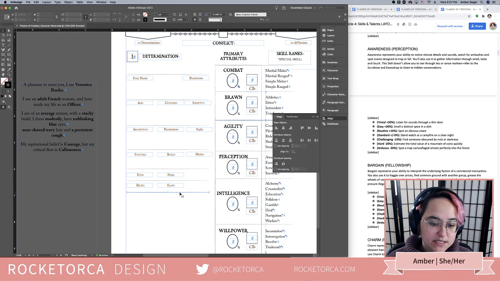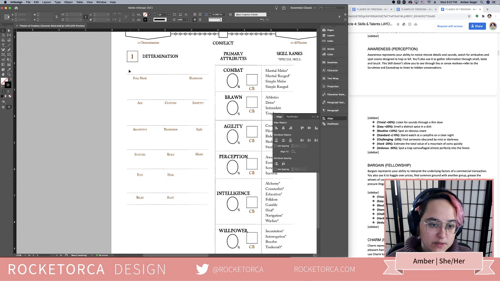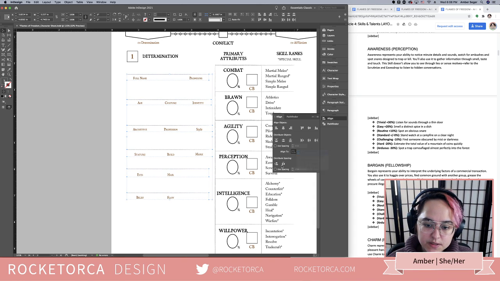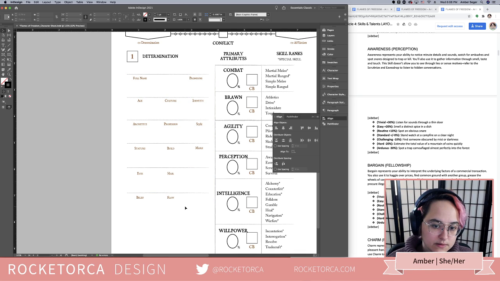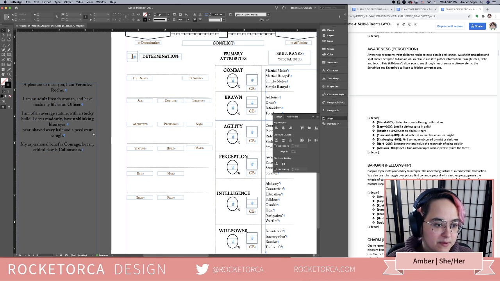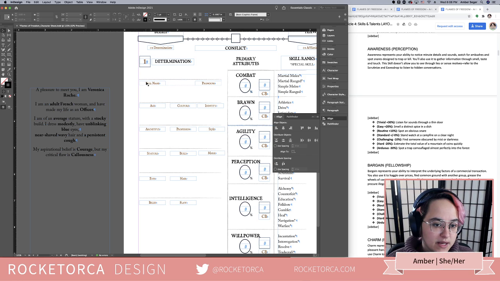I'm just trying to get an idea of spacing right now of this Mad Libs. I'm going to just group stuff so I can do an alignment with the selection. Align to selection, distribute spacing. That looks pretty good. I think the Mad Lib goes, my name is